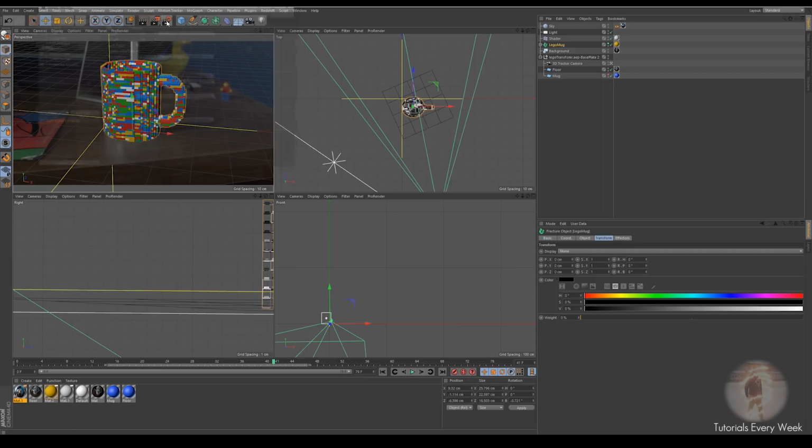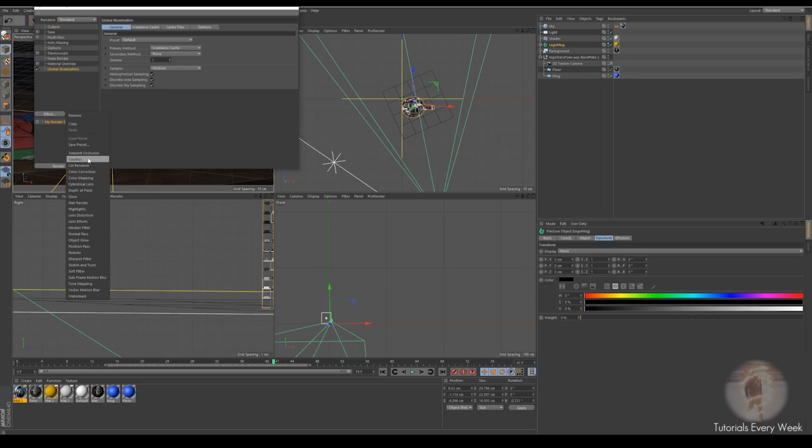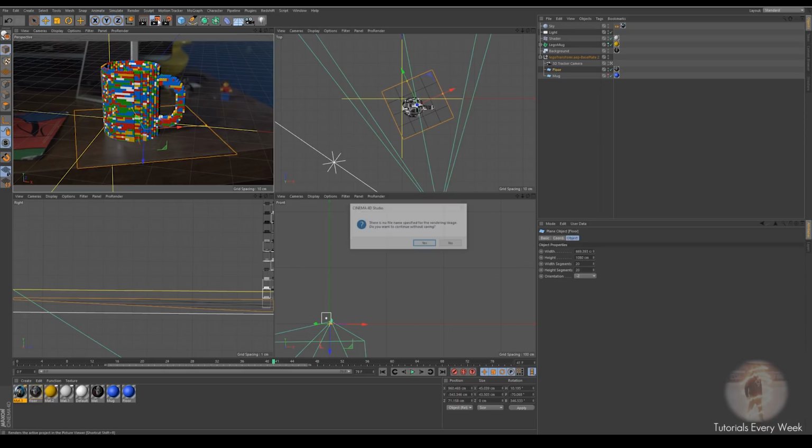If we do a quick render, so I'm going to actually turn off save, add effect of global illumination, ambient occlusion. For global illumination, I'm just going to put it for low for just now. Standard physical. Change this to... when you're actually going to render it, I would recommend changing it from low to medium at least, because there'll be a little bit less noise. Now if we render this,